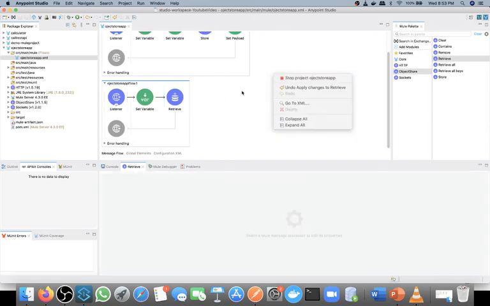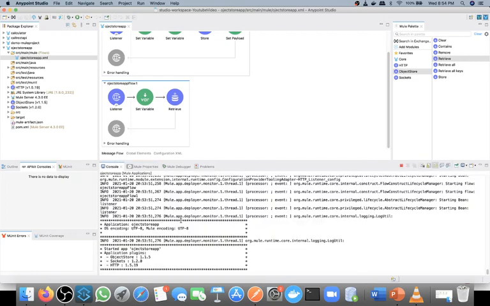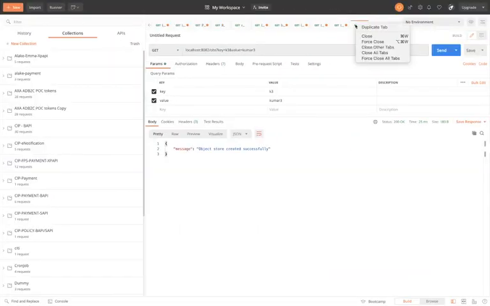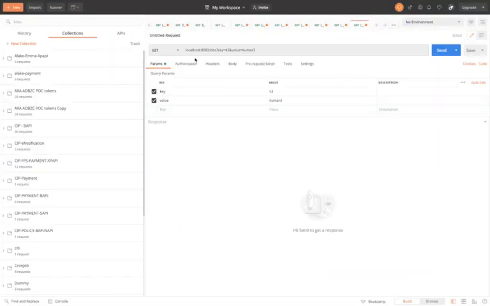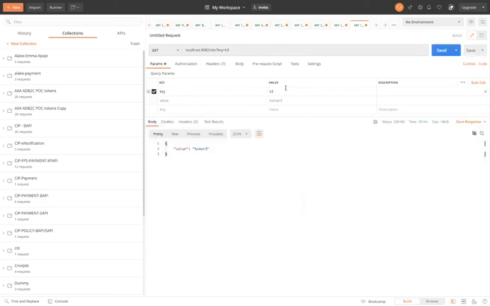I will save it. Deployment will start, or it is already completed. Now we can test it. I will create a duplicate tab. The host and port are the same, only the path changes, so I changed it to OBR, and in the query parameters I only need key. I pass this key and we get the related value. If I change the key to k1, I get Kumar, if you remember. Now if I pass k4, since we haven't created a key value pair for this key, it will give empty. We are not getting anything from the object store.